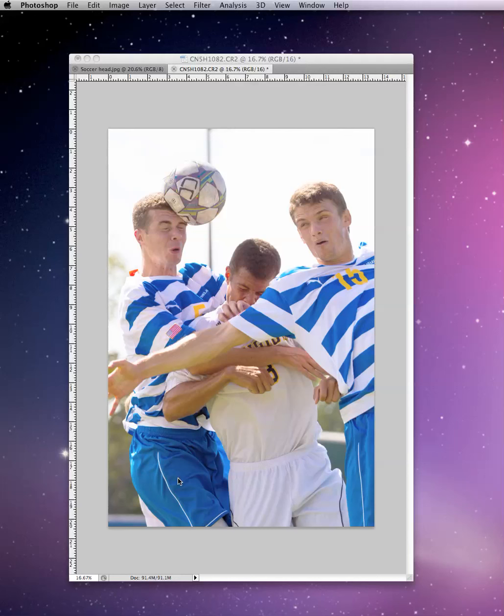So as you can see, using the midpoint sliders in the levels adjustment, we can significantly alter the look and feel of our photograph. But I don't think we're done quite yet. Let's address the contrast in this photograph. And when I think of contrast, I think of the dark areas or the rich black areas and the white